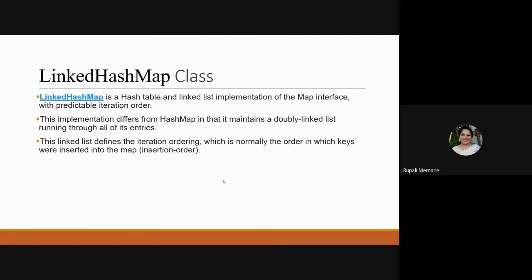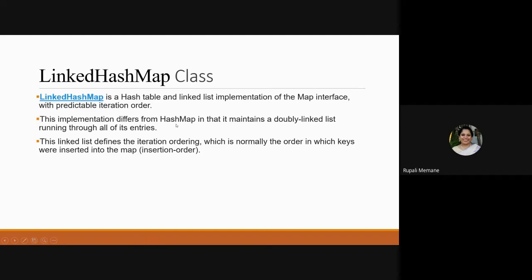Because all the values which are stored are going to be stored on that particular hash code, and the hash code will be stored in the hash table, and it is going to implement the map interface but with predictable iteration order. So everything which is inserted will be linked with the other, because of the keyword linked. Whereas this was not there with the hash map. Hash map, as you go on inserting the entries, it would insert.